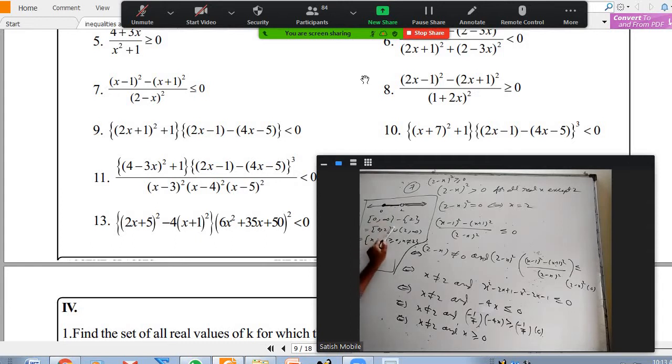Union, we read it as union. It's like joining this and this, okay, 2 to infinity. Is it okay now? Yes, sir. And here we simply wrote x greater than or equal to 0, x not equal to 2, nothing special. Gunavant, understood? Yes, sir. Okay, I can see you anyway.